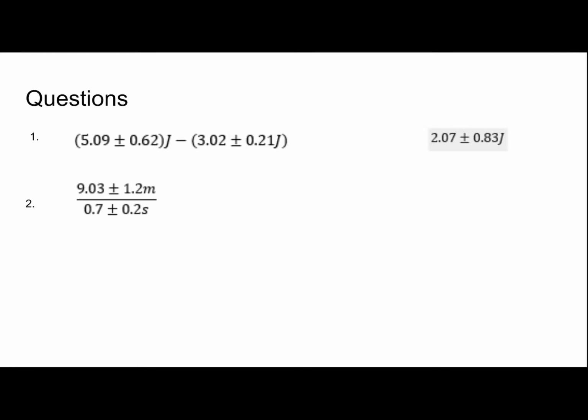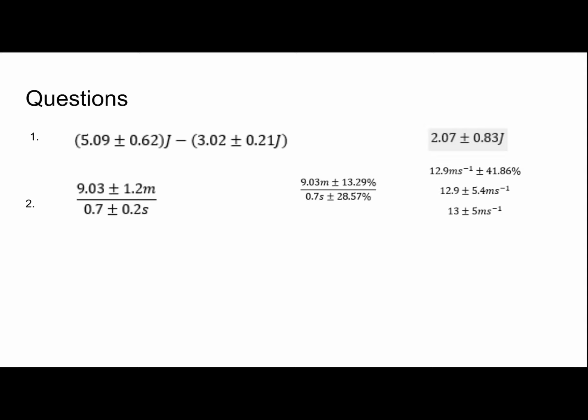Number 2, we have 9.03 plus or minus 1.2 meters divided by 0.7 plus or minus 0.2 seconds. This relates to rule number 2. When you're dividing uncertainties, their percentage uncertainties will add. We have two absolute uncertainties, so you have to convert both of them to percentage uncertainties first. Once we do that, we'll have 9.03 meters plus or minus 13.29% divided by 0.7 seconds plus or minus 28.57%. Now we can divide the two values, but we need to add the percentage uncertainties. So we'll get 12.9